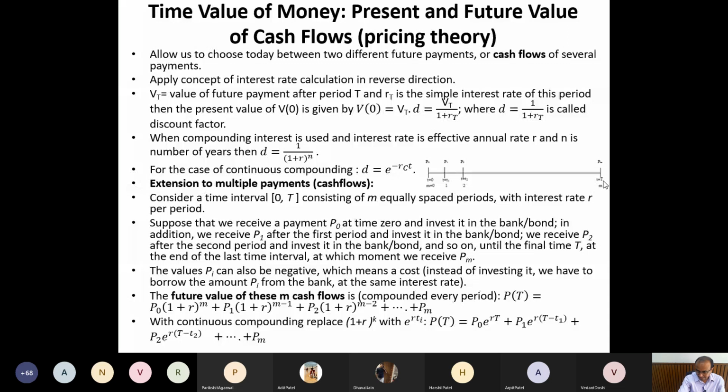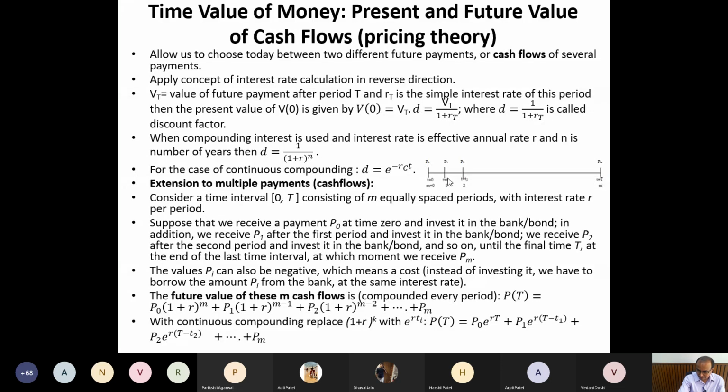It will be up to period t equal to capital T, or you can say the number of periods are m, say 1, 2, 3 up to m number of periods. So what will be its future value? Its present value is P0. This P0 is constant. So it is P0 multiplied by R, the interest rate per period, and that gets compounded for how many periods? M. So it is P0 into (1 plus R) raised to M, plus P1.